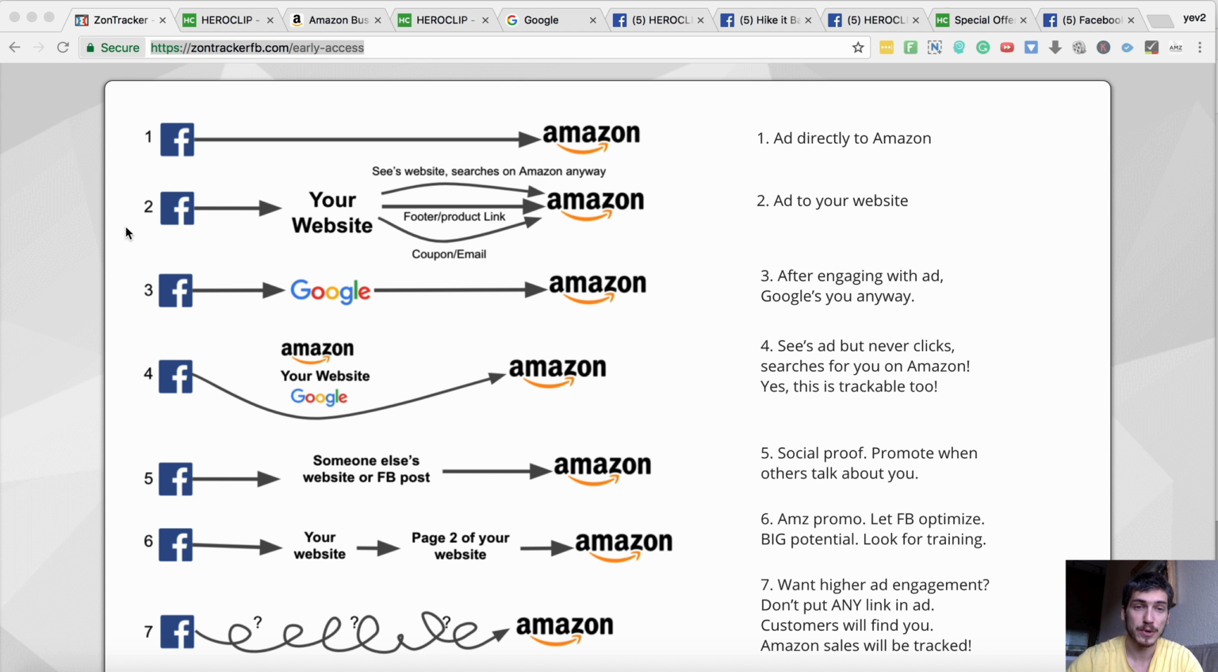For number two, and this is the one I've seen a lot of success with for a lot of beta testers, and also what works the best for HeroClip, that's when you're sending it to your website and then ultimately leads to an Amazon sale, which happens multiple ways. For example,